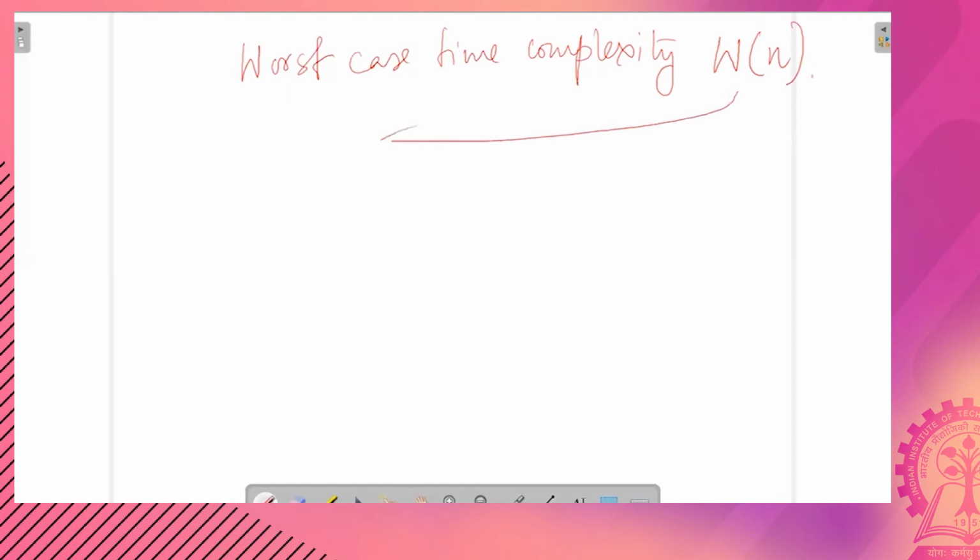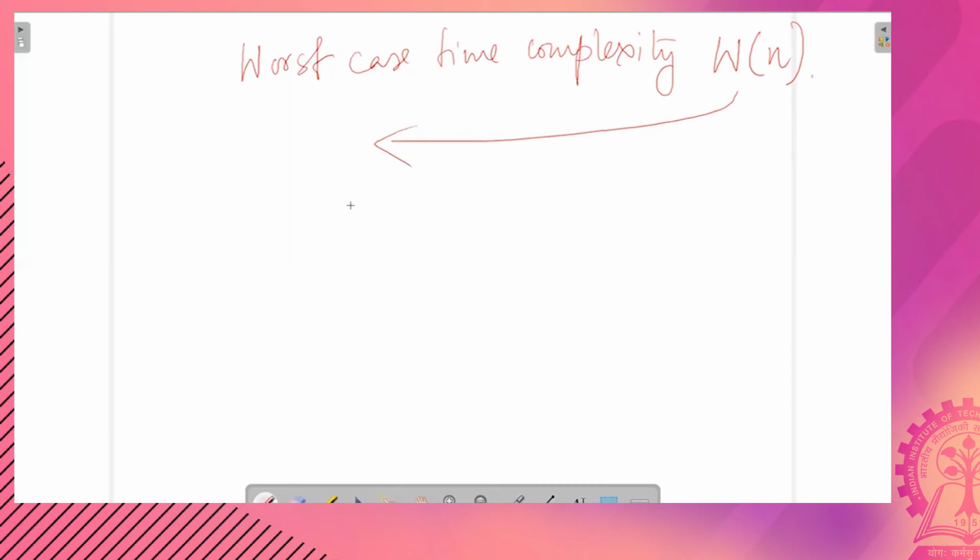This kind of gives us an intuition about the running time given different characteristics of the input. Okay, so let us first do the worst case analysis, taking the sequential search as an example. Okay, so typically we will denote worst case time complexity using Wn. Okay, and what is worst case?